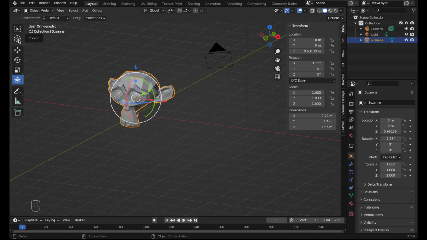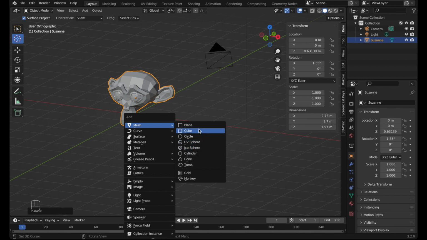Okay, and what we're going to have a look at now is this cursor. So this will tell Blender where we want to add an object, if we're adding an object, and it has various other uses which we'll come to in a bit. With this crosshair selected, I can click anywhere in the scene,